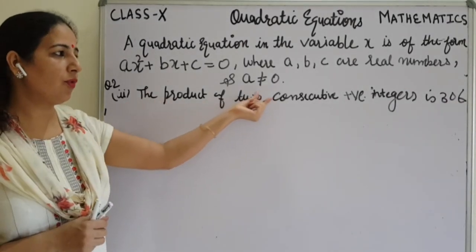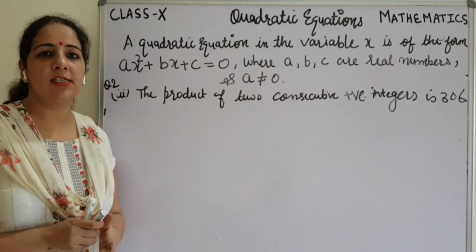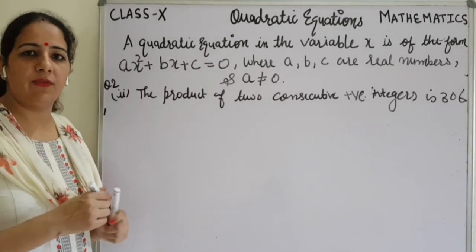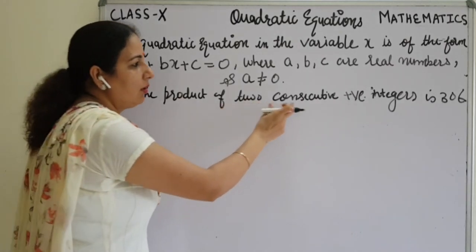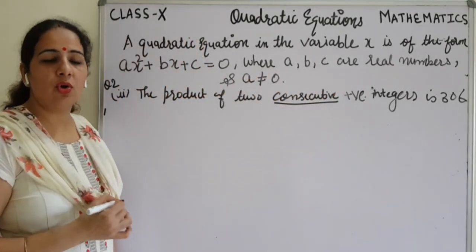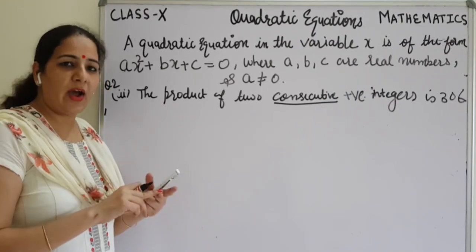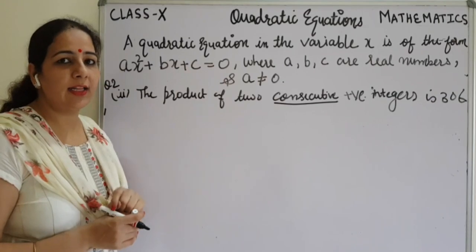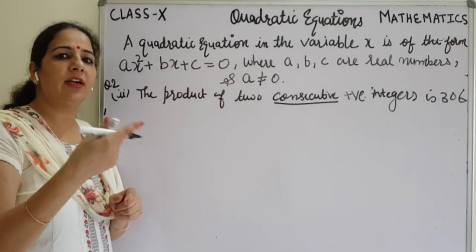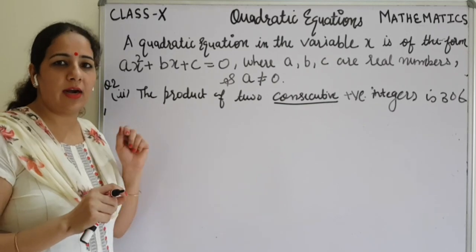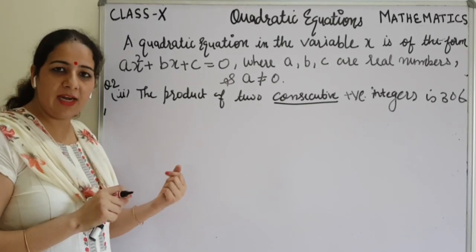The product of two consecutive positive integers is 306. Again we have to form a quadratic equation. So they are talking about two numbers. But consecutive means दो लगातार number. Consecutive means लगातार, like 5, then 6; 9, then 8. So here also we can tell the number. You just tell me one number, I will tell the consecutive of that number. If you tell 100, then the next will be 101, and the previous one will be 99.